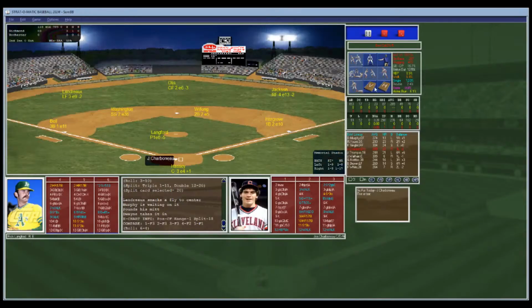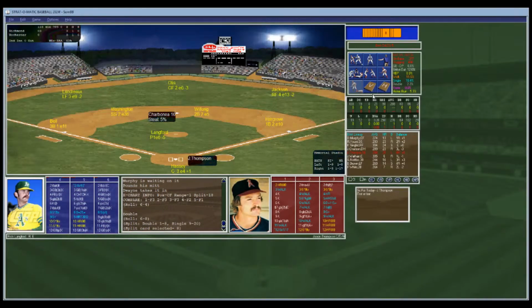So here is Joe Charbonneau, one of the one-time wonders. Should be a good solid hitter here. So here's Langford looking in. He gets the sign and the pitch to Joe. That will be a liner, base hit for Charbonneau. That's going to the wall. It is chain link. Charbonneau with a double, and he's on. So Charbonneau leads it off with a double.